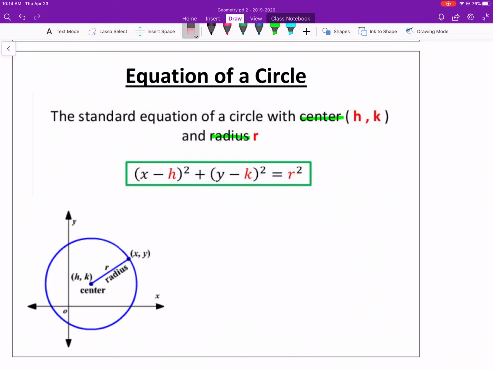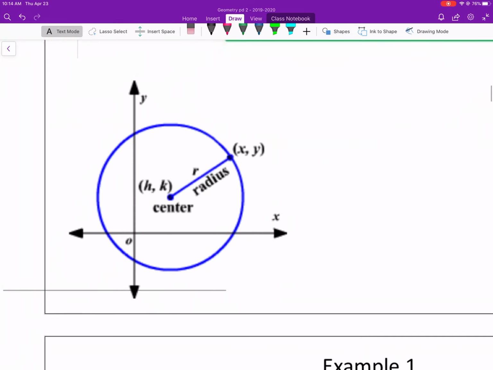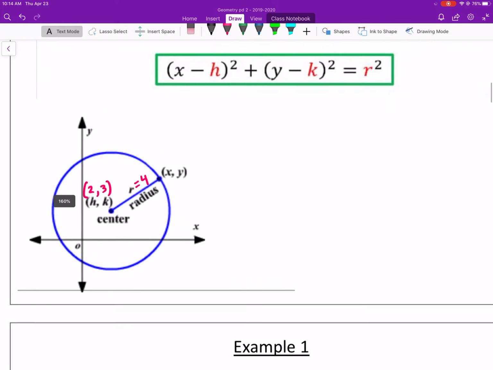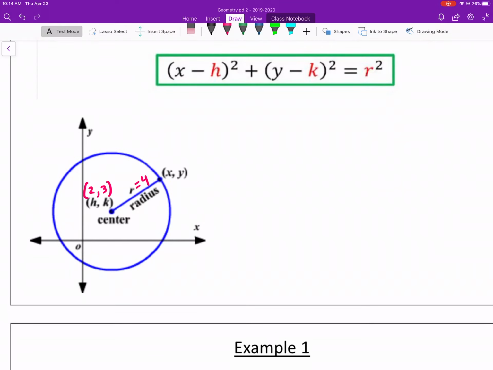Ready? Let's make up what this center is based on where it is on the grid. h, k, let's say it's the coordinate 2, 3. And let's say the radius is equal to, I don't know, 4. So using that equation, it would be